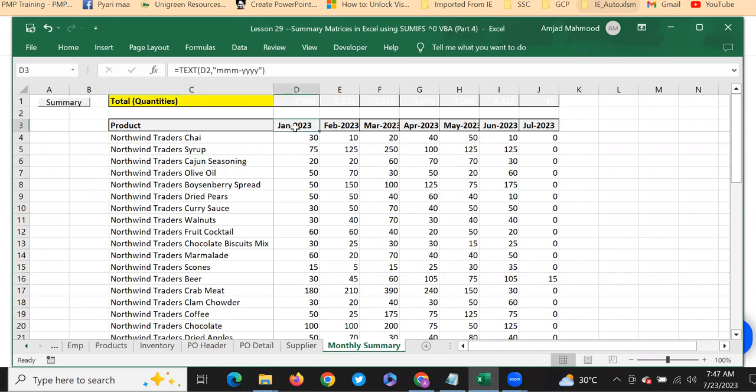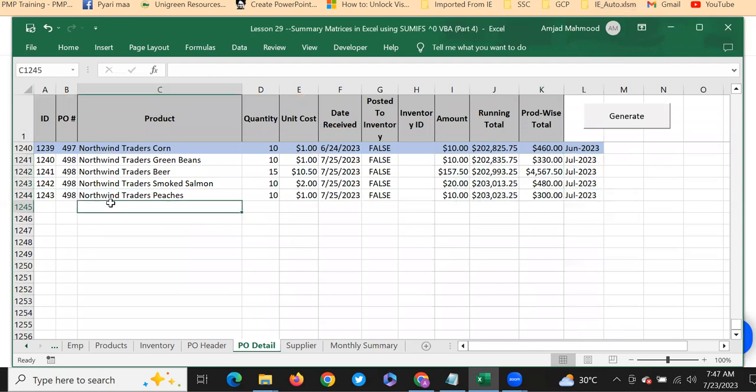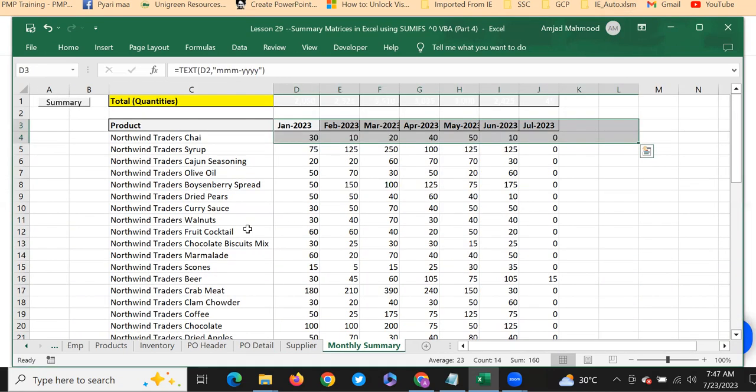The code automatically adjusts as you include more data in here, for example, July, August, and September. So it will automatically adjust the width of the report, right? So next